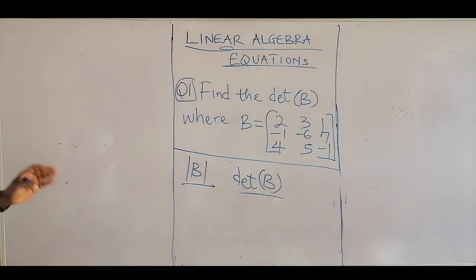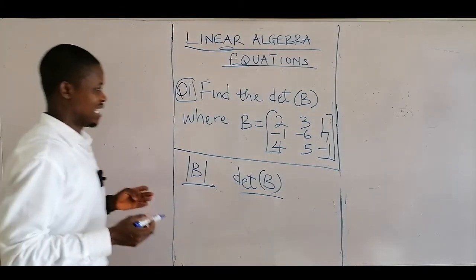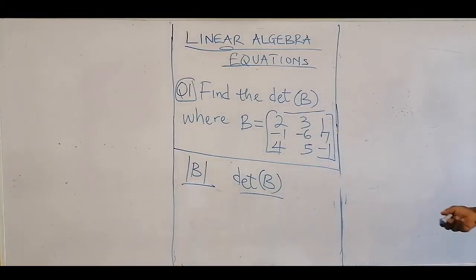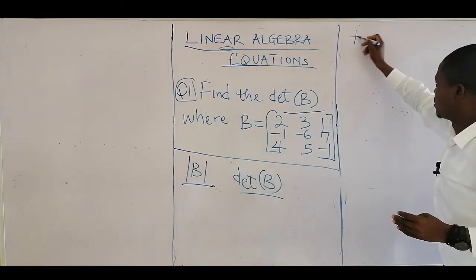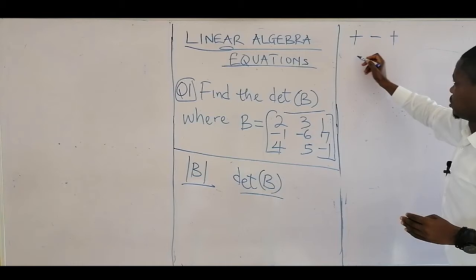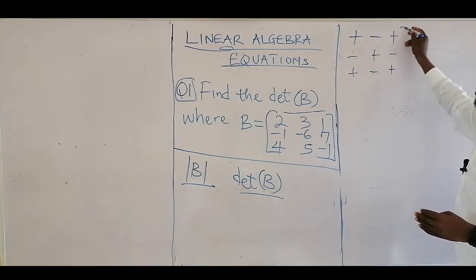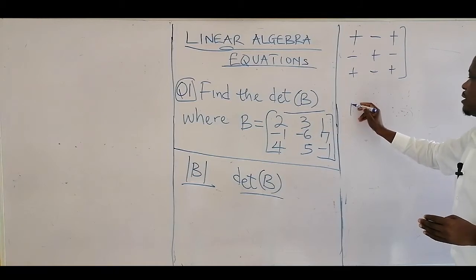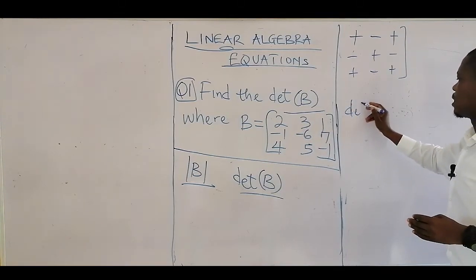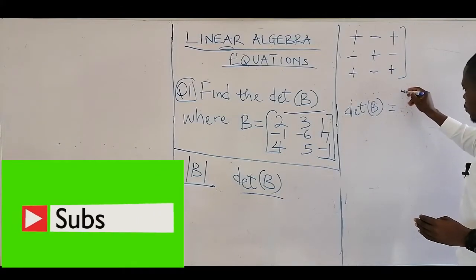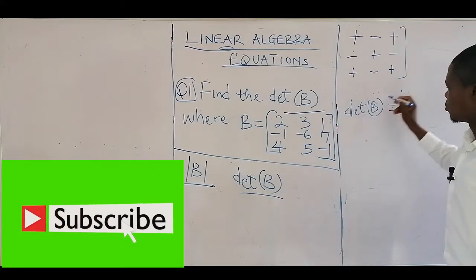Okay, so where we have 3 by 3 here, and I've said earlier on that you can use any of the rows or any of the columns to do your evaluation for determinants. The only thing is just that you have to do it in conjunction to the sign. So that's B, which is determinant, will be equal to, you change this bracket to what?